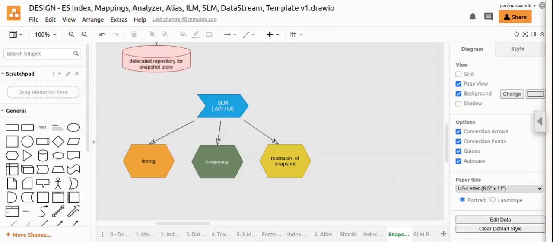So because there is a hidden index called .slm-history. It is a hidden index, so we have to depend on it. I mean, we have to query that hidden index if you want to know more about the earlier executions of the policy. But for the most recent policy, there is a separate API where, just by giving the name,